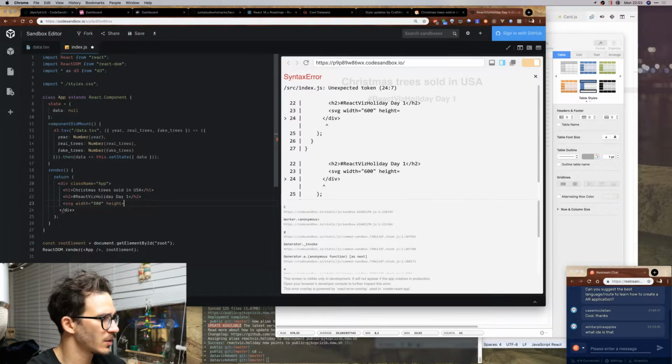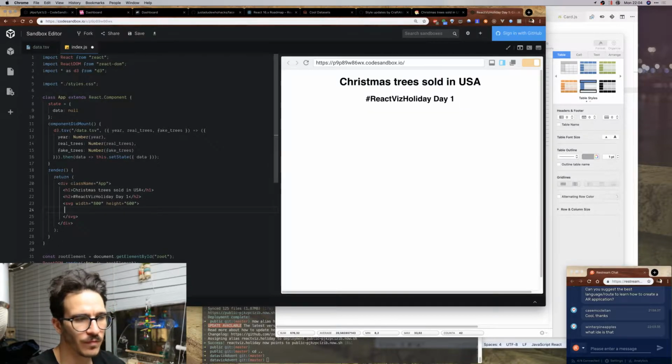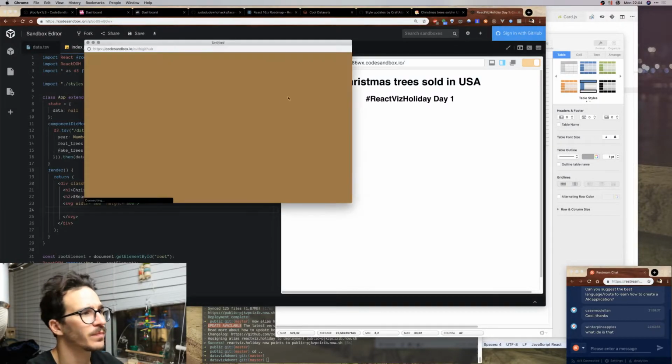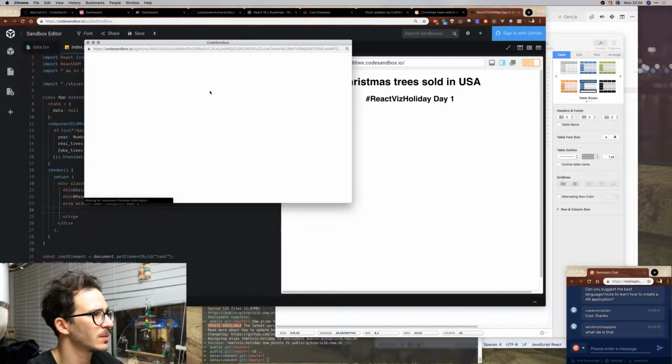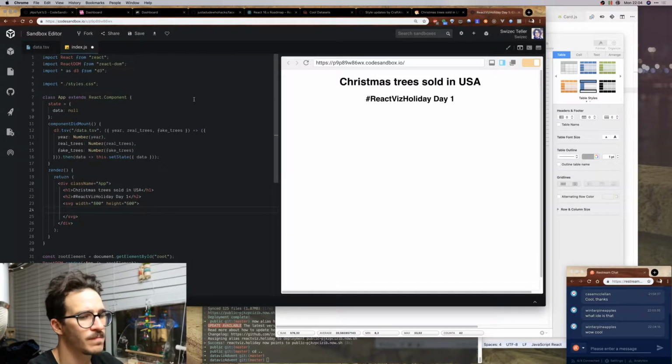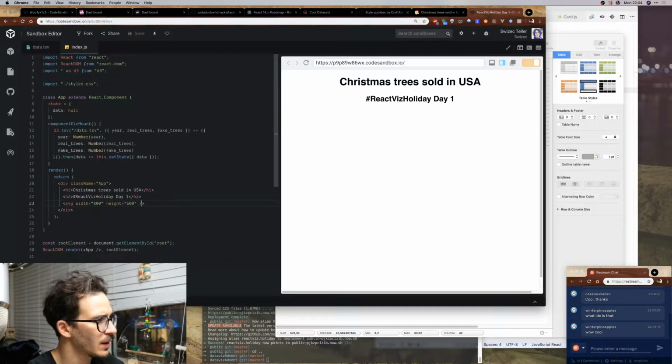Let's say 800 by 600, SVG. Oh, why am I not signed in? That's weird. Let's sign in with GitHub. Cool, I'm signed in. So we have an SVG, and this SVG,